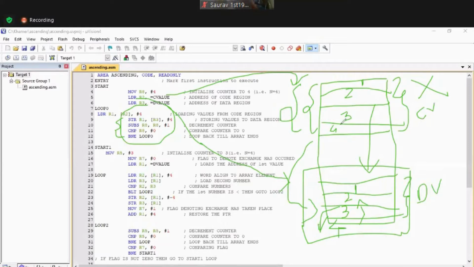What we will do, we will first load these numbers to some register. What is the load operation? From the memory to the register. Then we will store this to the other location of the memory. So we have to perform load and store together. You can see these two instructions. I cannot do the direct transfer from one part of the memory to the other part. What I'm doing is, I will first load these numbers to the register one by one, and also store these numbers from the register to the memory one by one. Clear now?